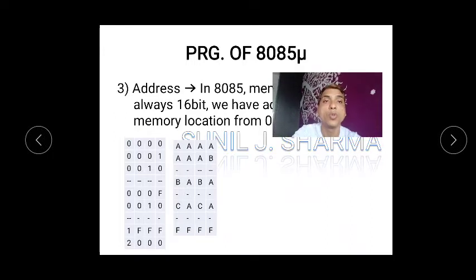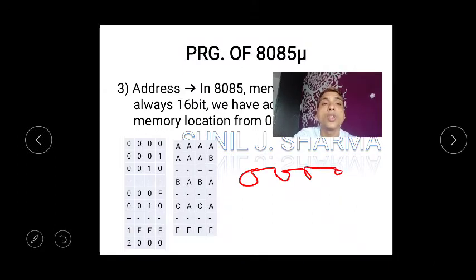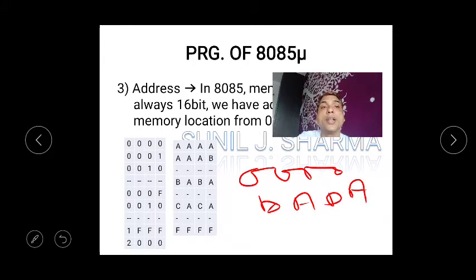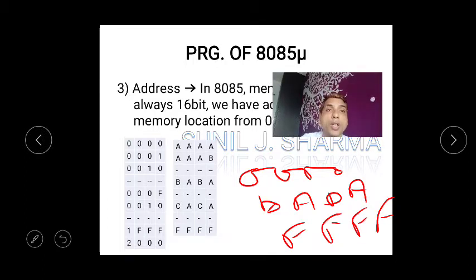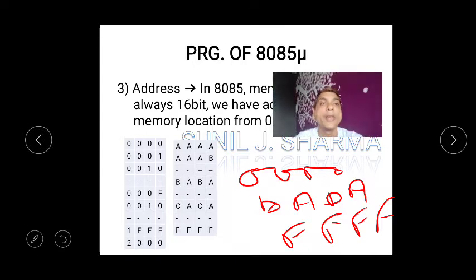When you go through this, remember that the memory address is from 0000. There will be many memory addresses, after this also like DA, and the final address will be FFFF. So they are always 16 bits. I hope you got it. It is like your meter reading, how your meter reading goes in the same way.